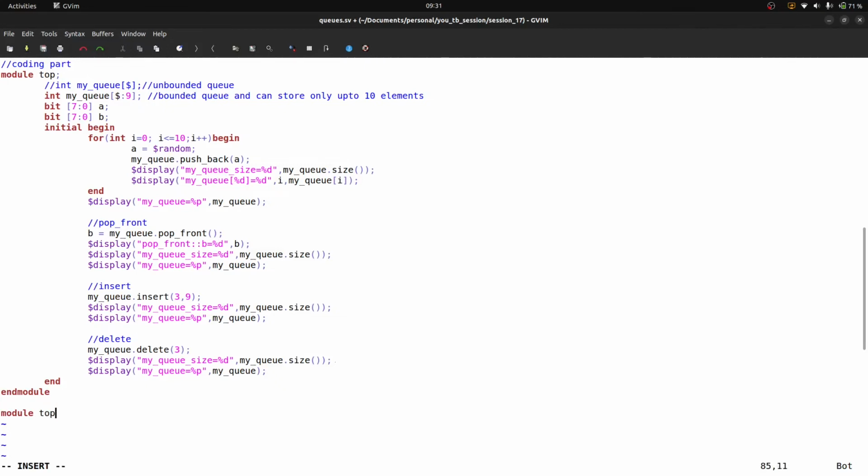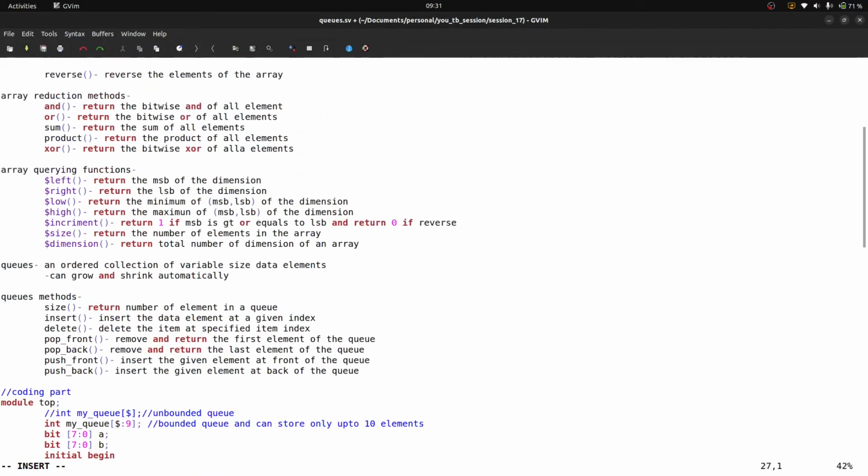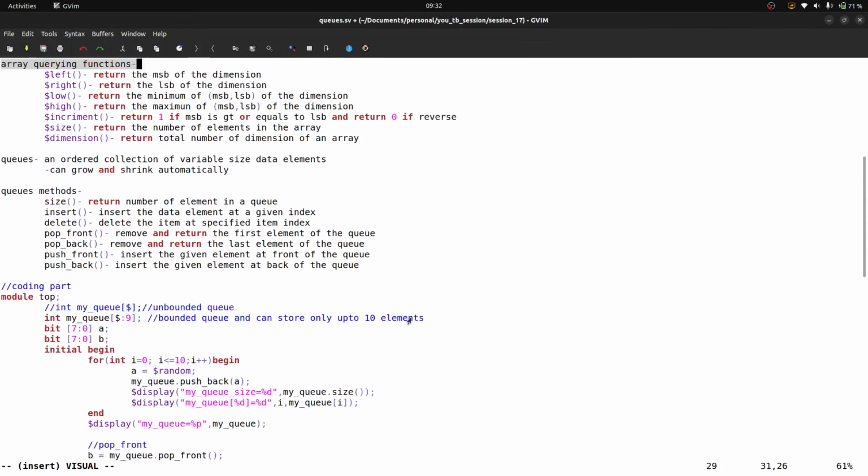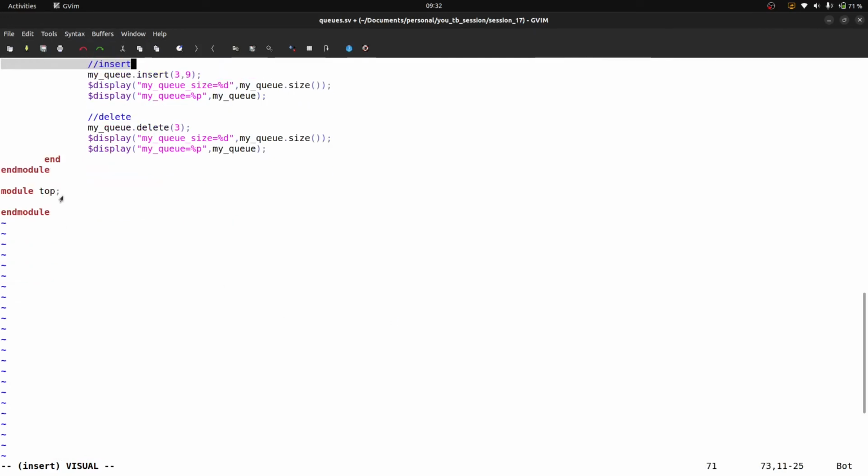Let's say module top and endmodule. Now we will see the array locator methods. So we will make an example with these methods. Okay, so let's take some variables.